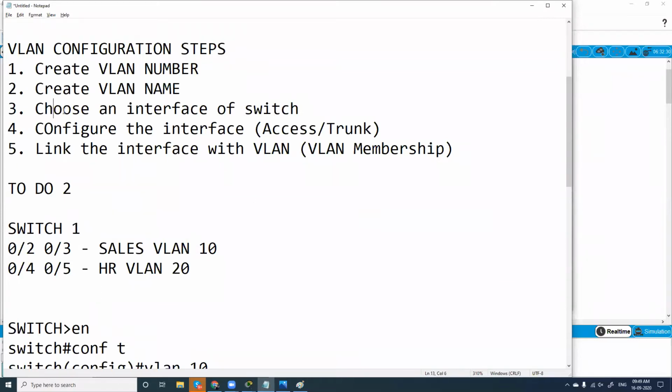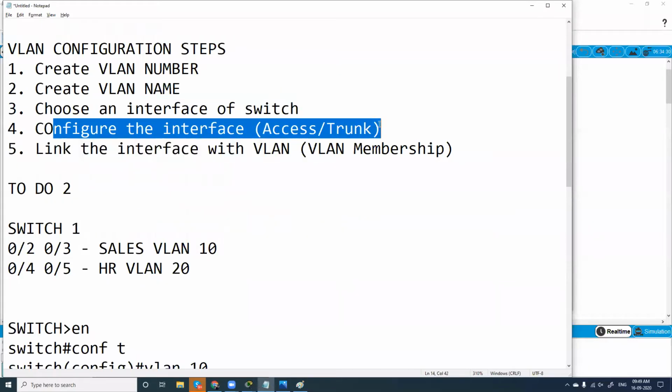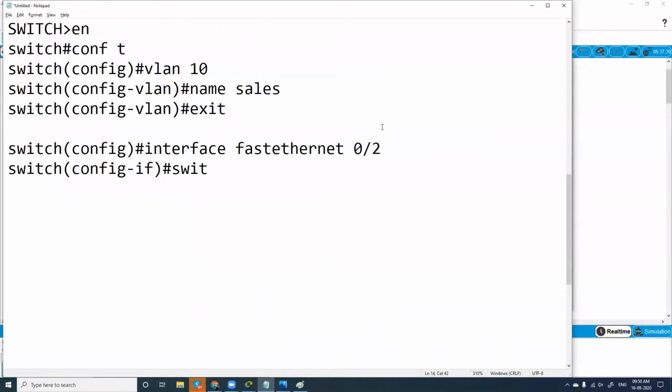What is the third step? We have chosen the interface of a switch. Now to configure the interface, we have to tell the switch whether it is an access or a trunk port, right? So to configure this, I'll give switchport mode access. Yes, obviously it is an access port.